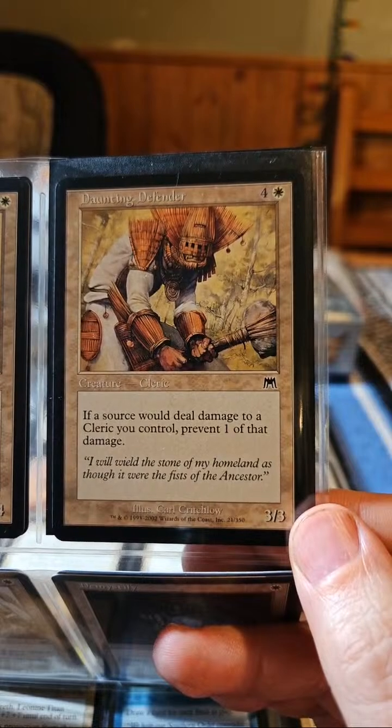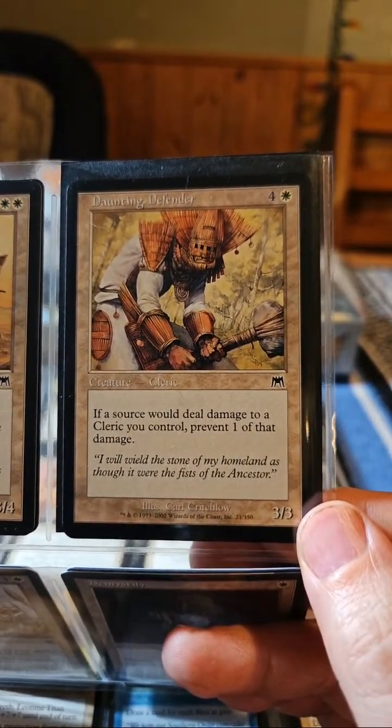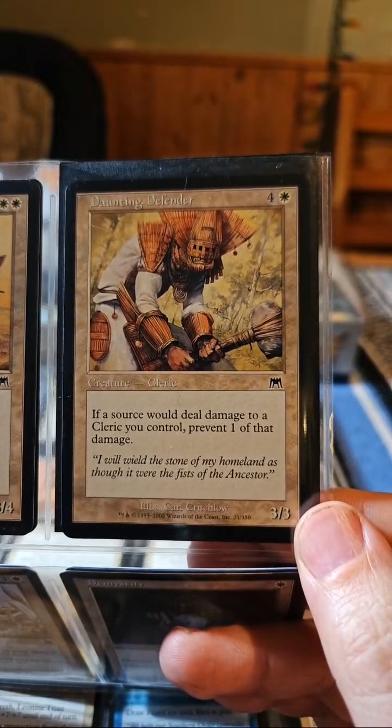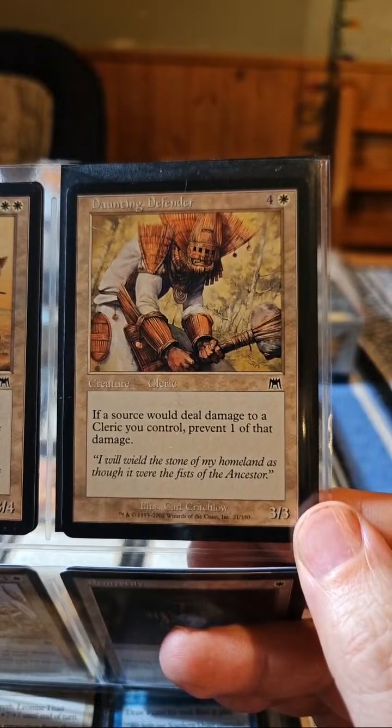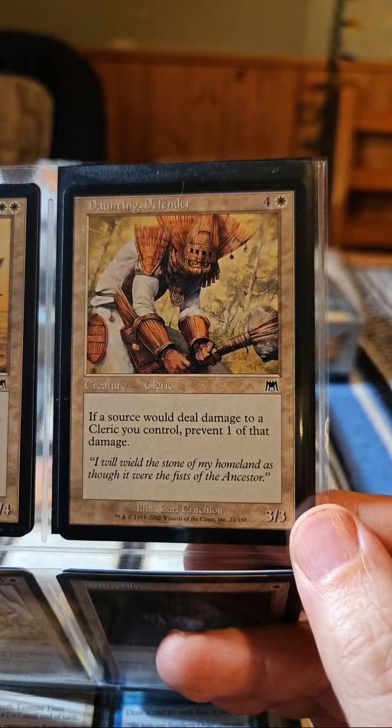Daunting Defender, 3/3 for 5. If a source would deal damage to a cleric you control, prevent one of that damage. These could be a little bit annoying if you stacked a few of them on the table at once, because then you're preventing a lot of damage to your whole board if you're playing a cleric deck. But